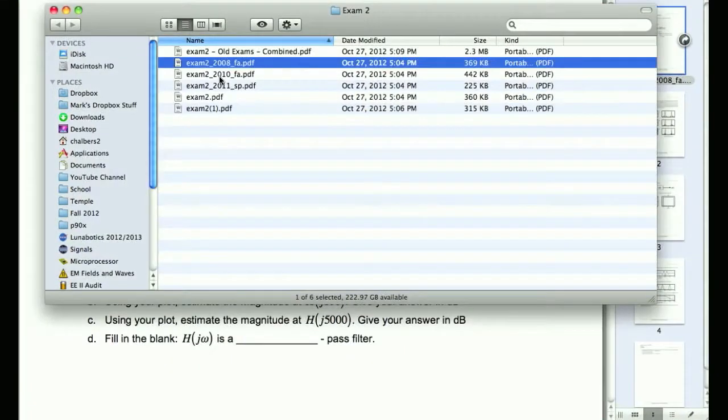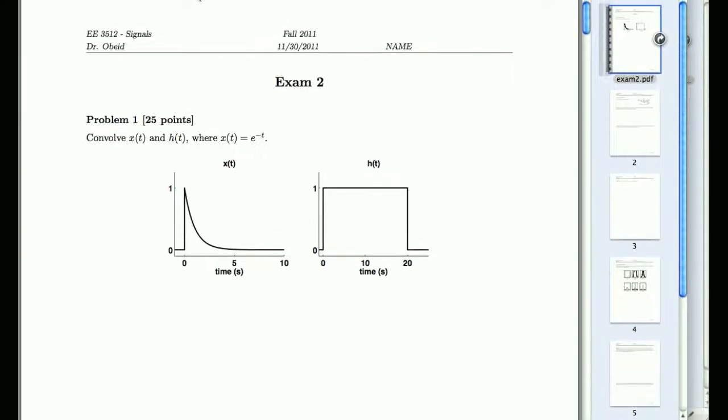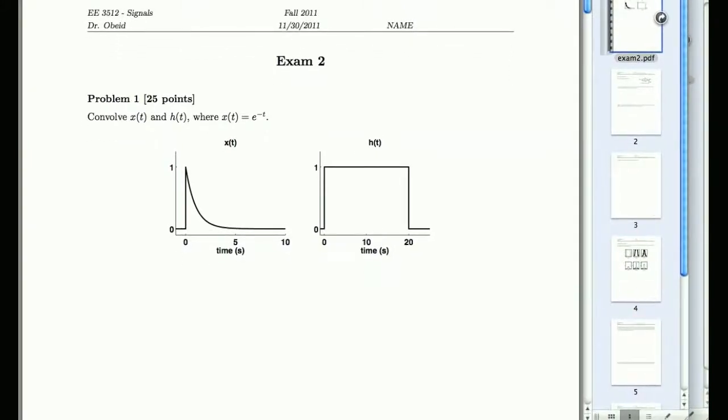Tell me the year for... The file is exam 2. It didn't really have the date or anything. Yeah, but at the top of the exam, doesn't it say like... Oh, yes. Fall 2011. Fall 2011. And then